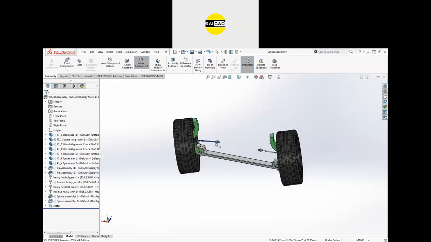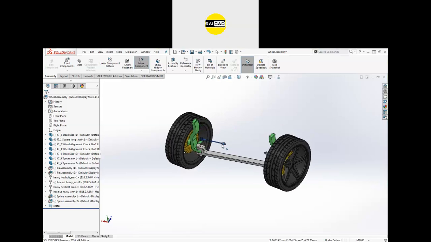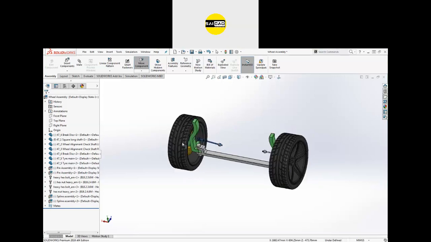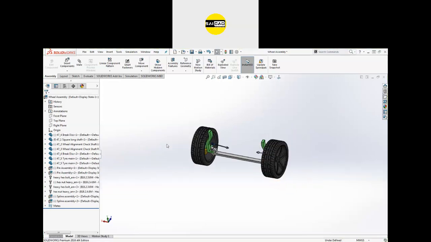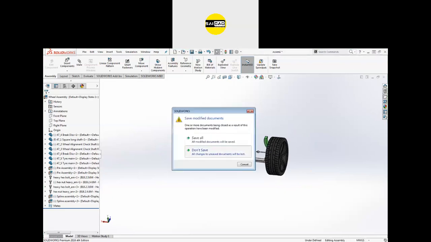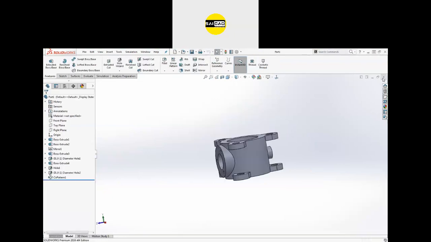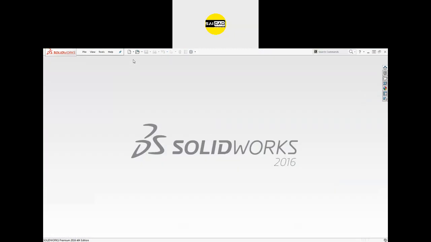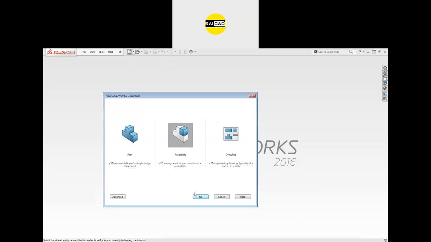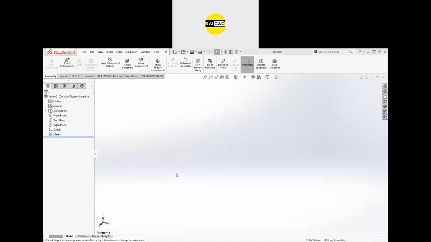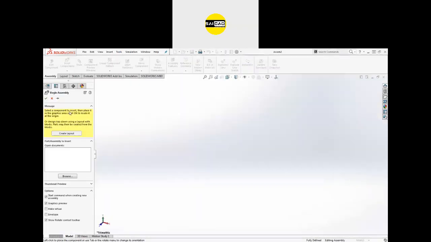Okay. So to create these type of assemblies, we have multiple options here. We have to import the parts step by step, or we can import them simultaneously in just a single click. So going to start with the new assembly. So first of all, locate your folder where you have created all the parts. After that, go to the new file, open the assembly, click here on the assembly, and we are in the assembly module. So it will ask directly for the insert option.